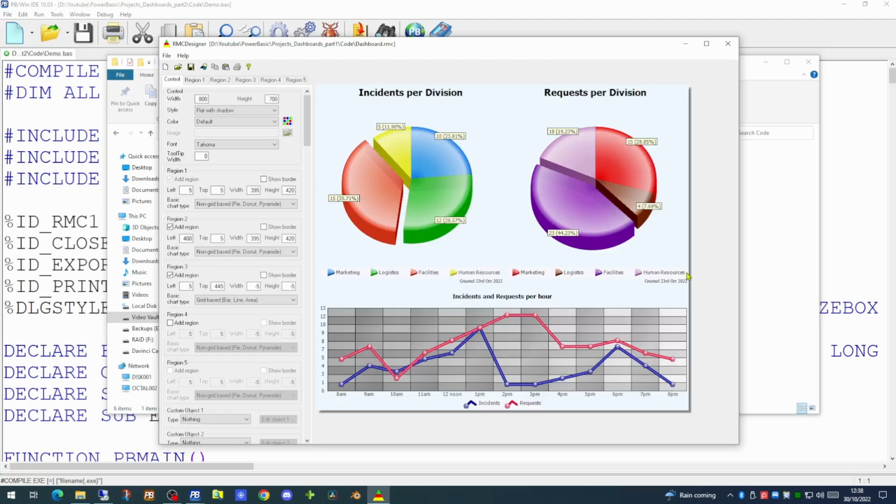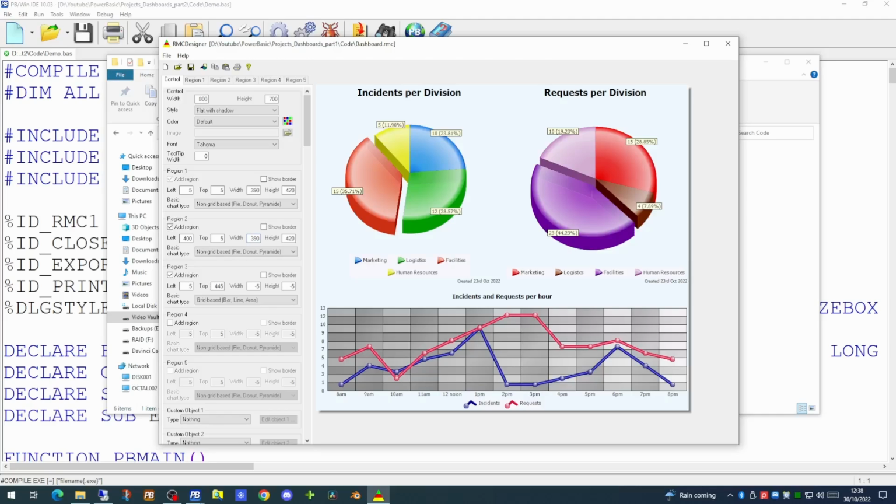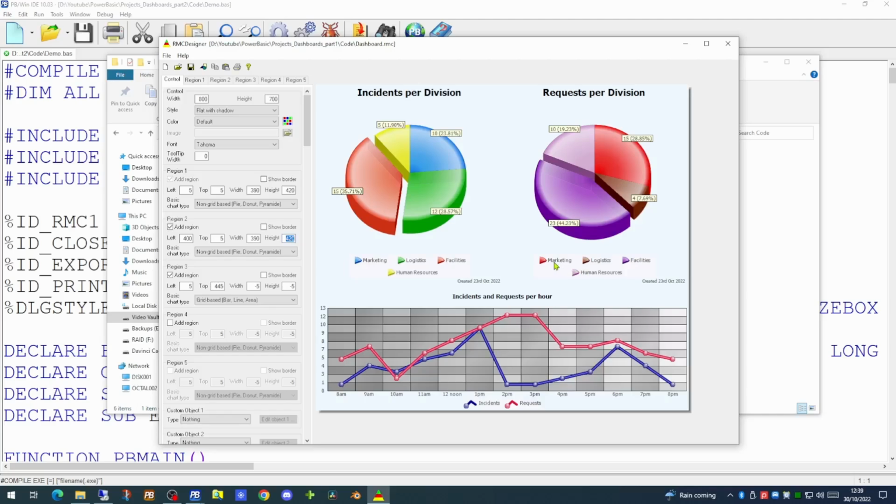We can quite easily remedy that by narrowing the size of each of the pie charts. For example, from 395 pixels down to 390. And having done that, our legend is now well separated from the legend of the other pie chart.